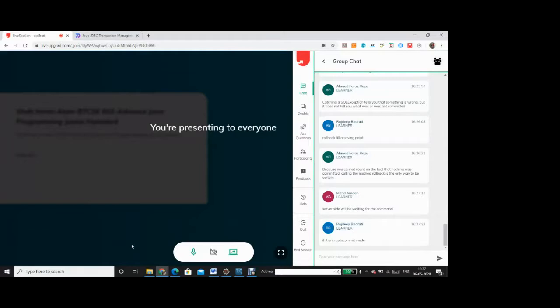It is in auto commit mode, if it is in auto commit mode. Rollback till a saving point if it is in auto-commit mode. I am joining these two statements by Rajdeep and trying to understand what he wants to convey.